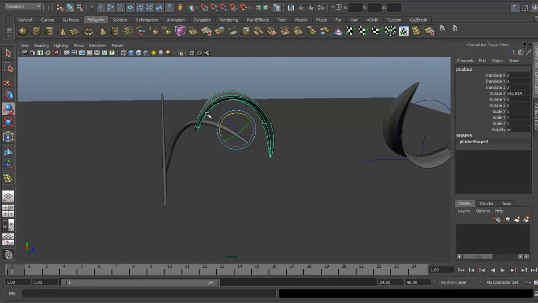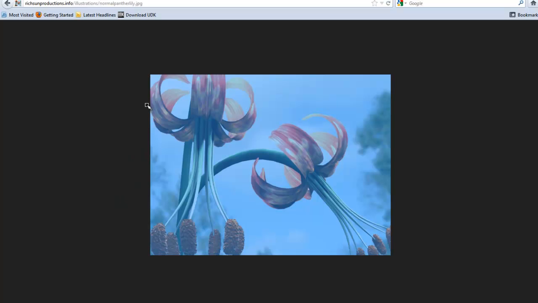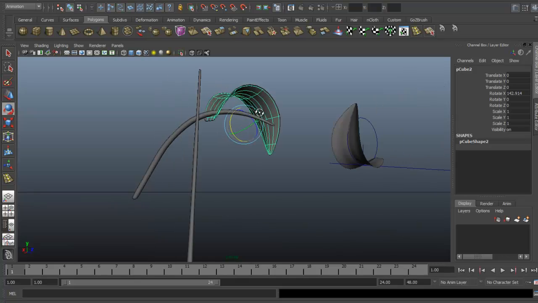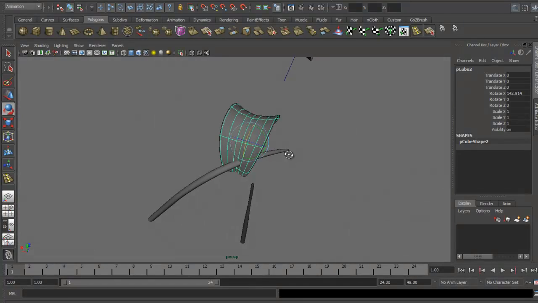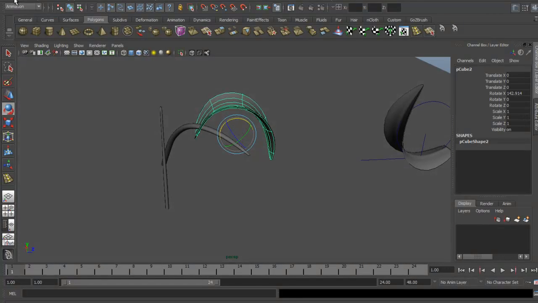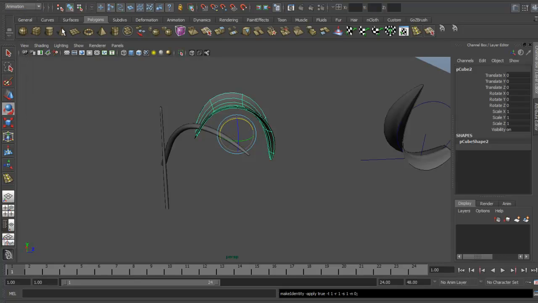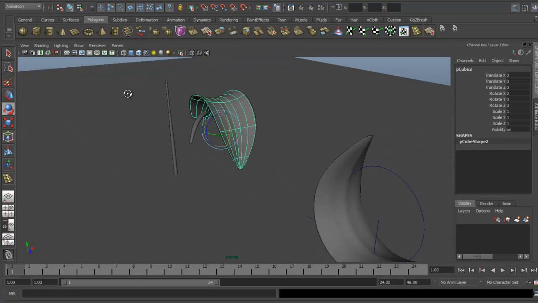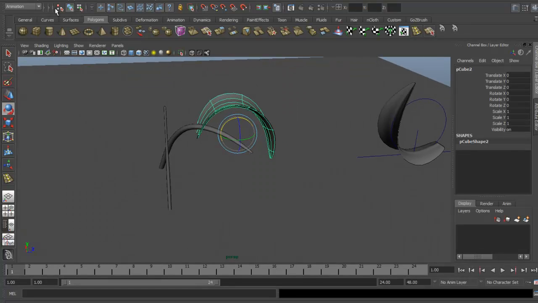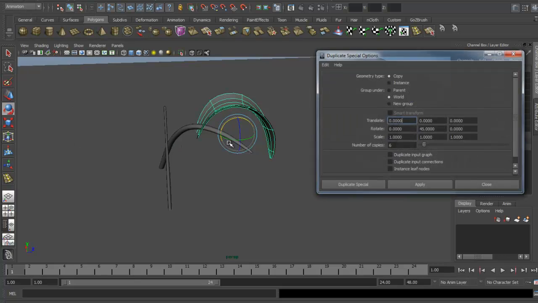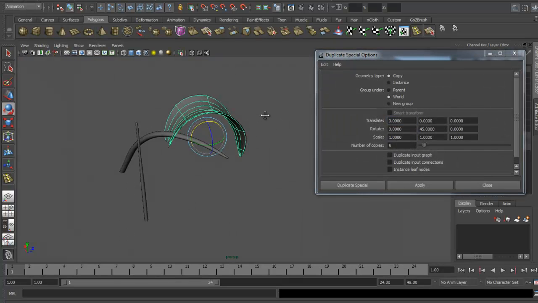So if you imagine 4 of them going around 90 degrees each. 1, 2, 3, 4, 5. Yeah, it will do. I think we can get away with it. But anyway, so yeah, freeze transformations. Wherever the hell that is. Yeah. That'll roughly do for the moment for a default one. Go to duplicate special, edit box, and then it's just a tiny bit of